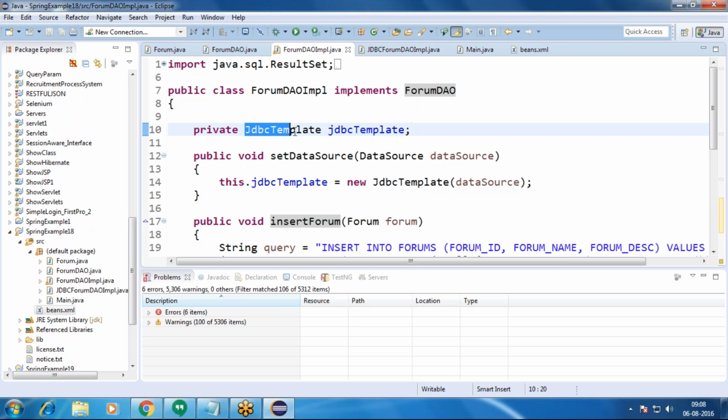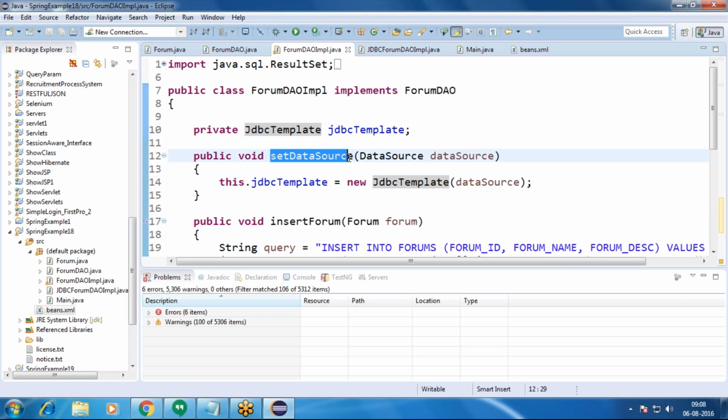Now here you see we created a JdbcTemplate object, and here we created setDataSource.